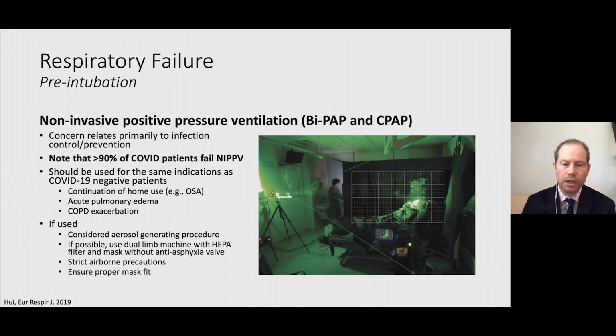masks. On the right side of the screen is an example of one of the studies looking at the spread of viral particles. And you can see there is some spread of viral particles, and we won't go through the numbers here, but it is higher in patients who are using CPAP. And I should note that it's not just dependent on the device, but also on the severity of illness. So patients who have stiffer lungs, that is, patients who have more severe ARDS, have a higher spread of viral particles than those who have less stiff lungs. So there is some interaction there between the device used and the patient's illness.